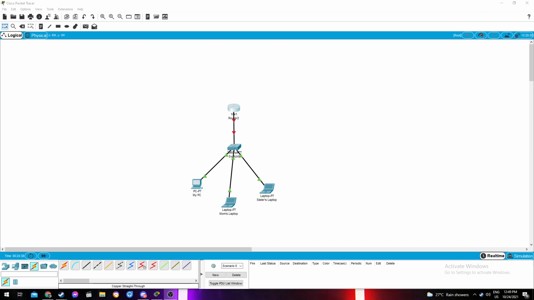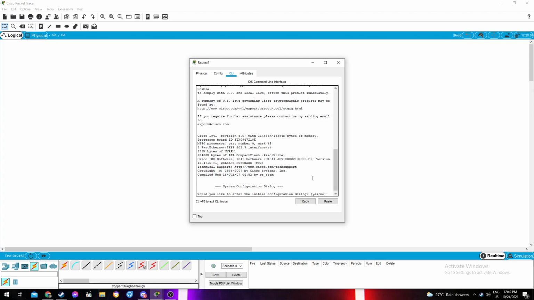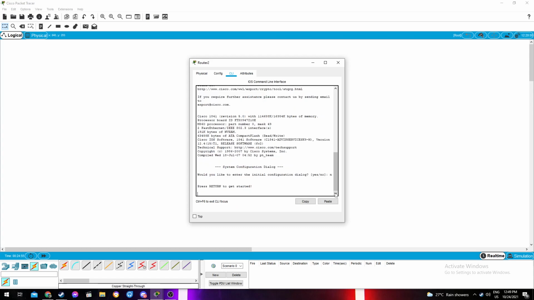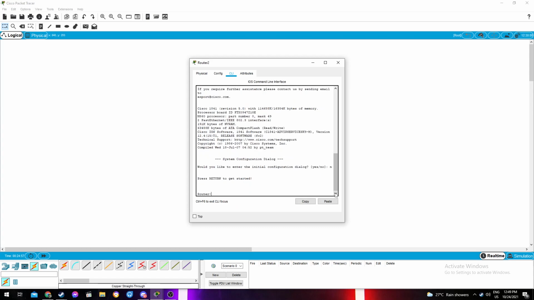But the communication between the switch and the router is still red because we need to configure the router so that it can send data properly from the router to the switch to the devices. To do this, we must go to the router CLI, enter privilege mode,